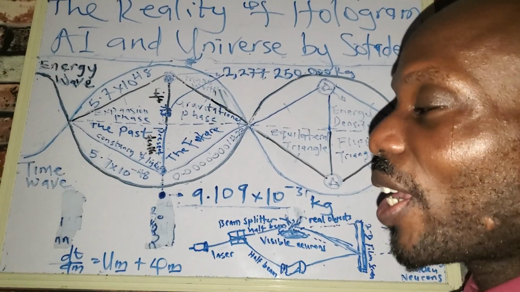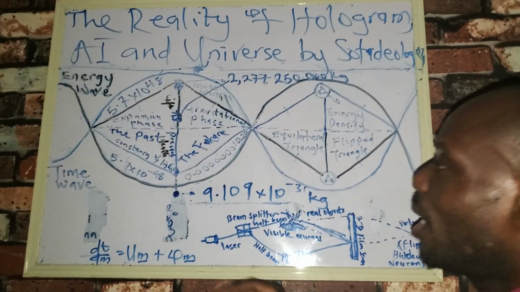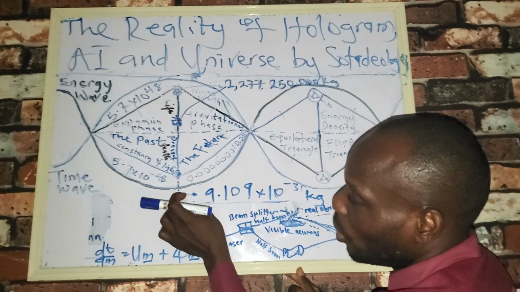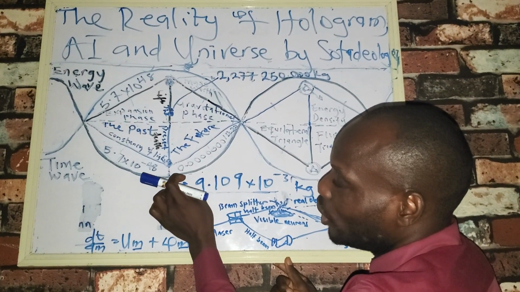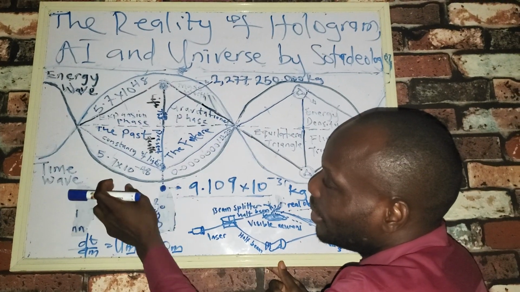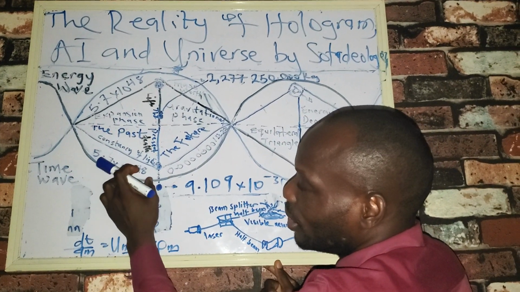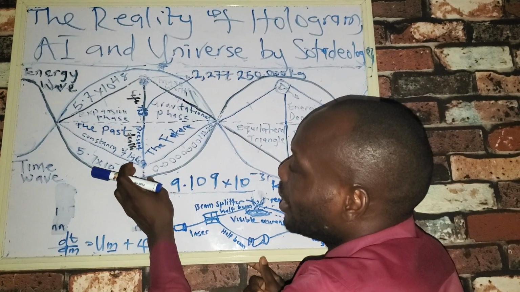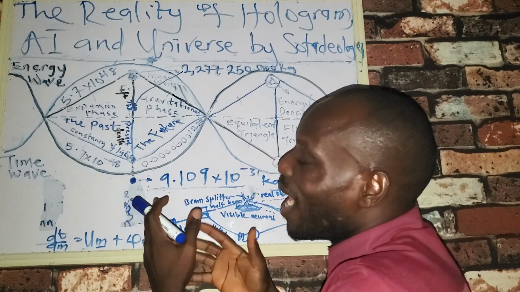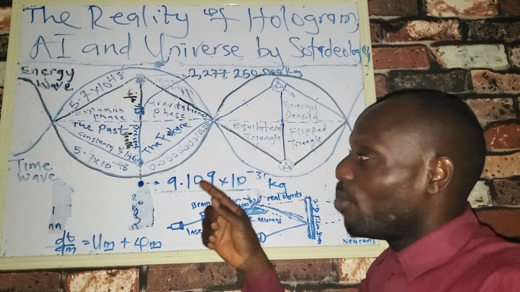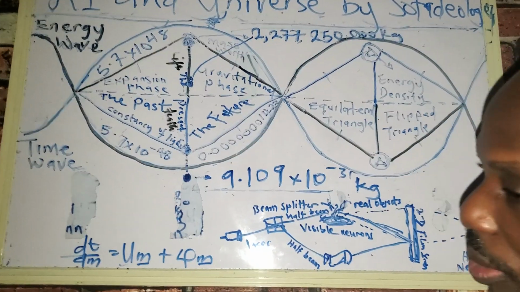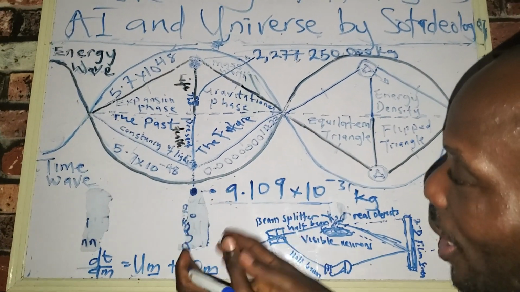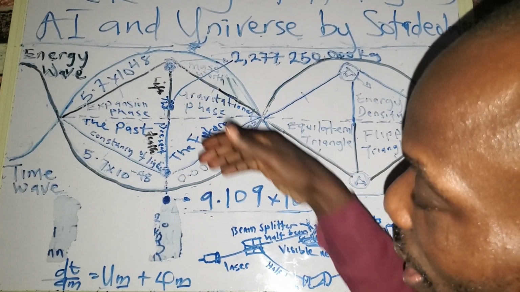So we know that space vacuum is not really empty as such. And we can see that the value we have here going towards the zero of this quantum wave, which is the energy wave, is bigger than the suspension value, way bigger than the suspension value. That means that as we have trajectory going towards the zero, we have accumulation of mass formation. So you see that the mass convergence is getting bigger towards the zero and getting thinner towards the suspension.